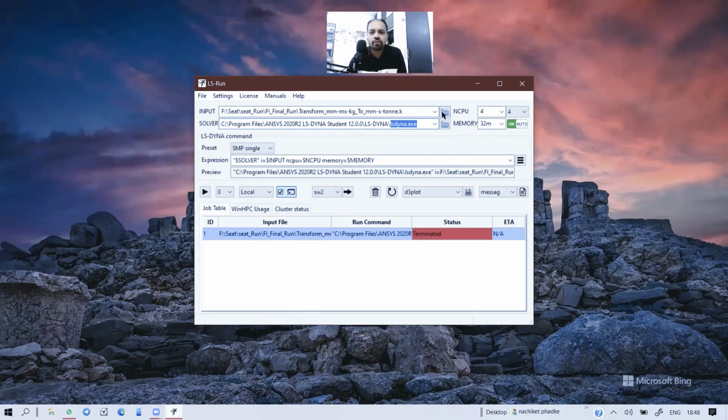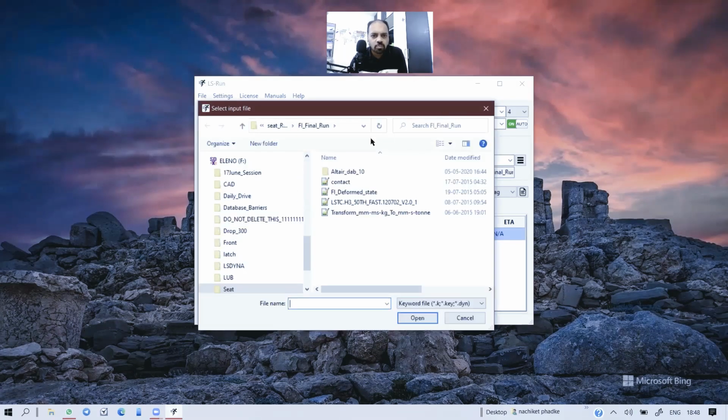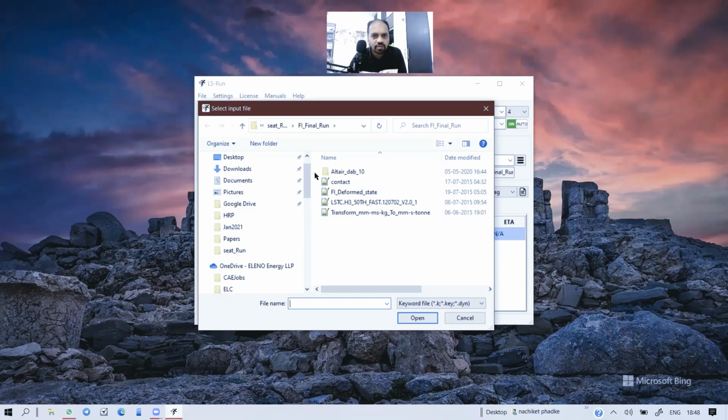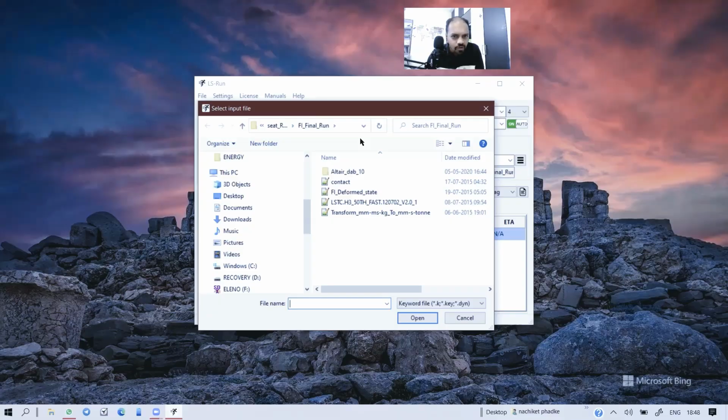So we have the input file. Now, if I just go to the input file, let's say I have some input file. You guys will also have an input file in the installation folder. Okay, so if I just go to the installation folder, one second, guys. Yeah, there you go. So I have this sample file.